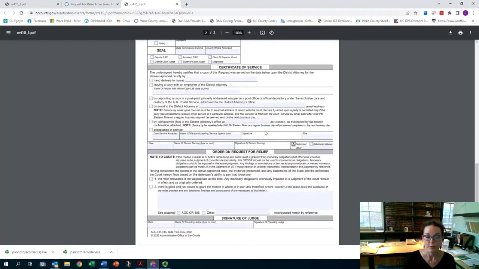Then you're going to take the 2 copies that remain, because 1 copy will stay with the district attorney's office. You're going to take the 2 copies that remain back down to the clerk's office to file them. There is no fee when you're filing this document. So the 2 copies will go to the clerk's office. They will file stamp both copies, and 1 copy stays with the clerk, and 1 copy should come back to you as documentation that it has been filed.